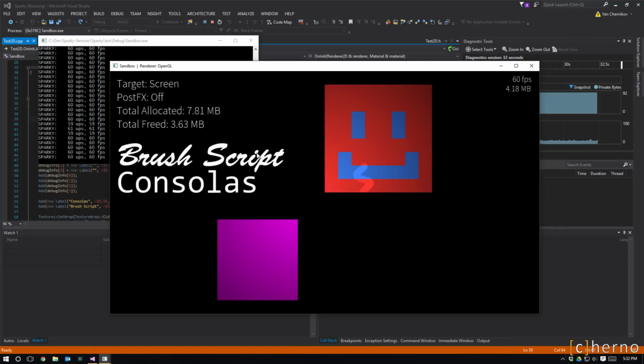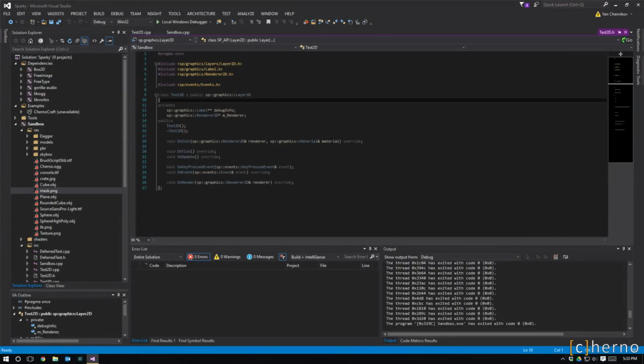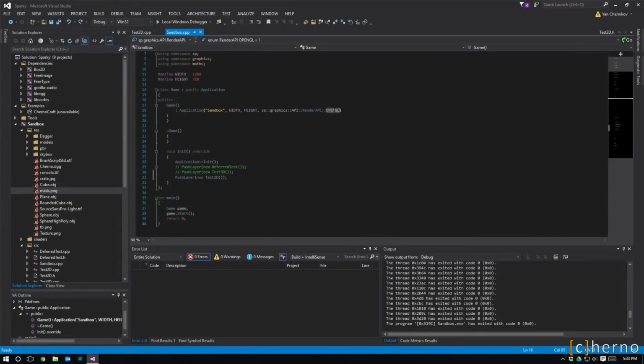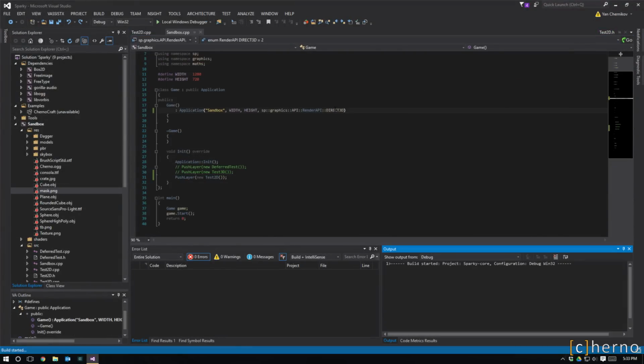You can see how the glyphs blend together, because the quad for this script, for example, obviously the P is wider than the I, and it's all blending nicely. If I didn't have blending, then it would look very different. So everything's looking pretty good. That's in OpenGL. So if we go back to Sandbox and we switch over to Direct3D,